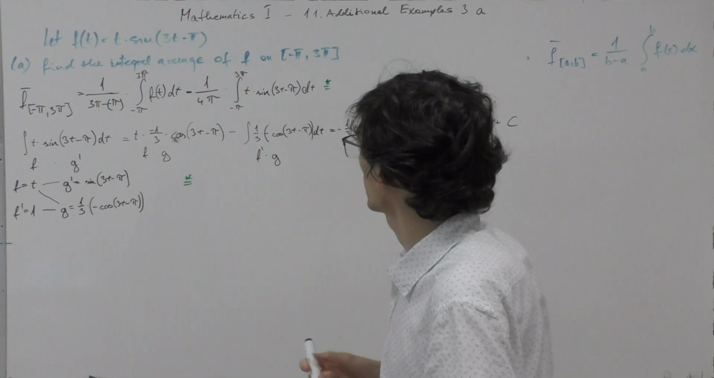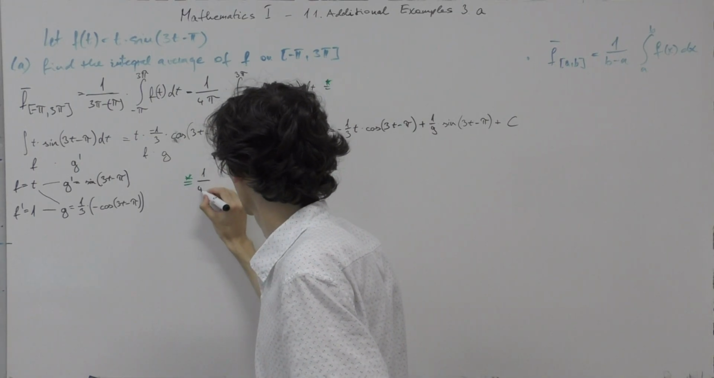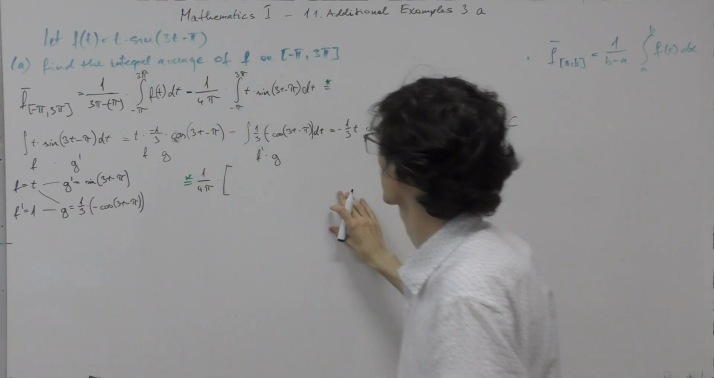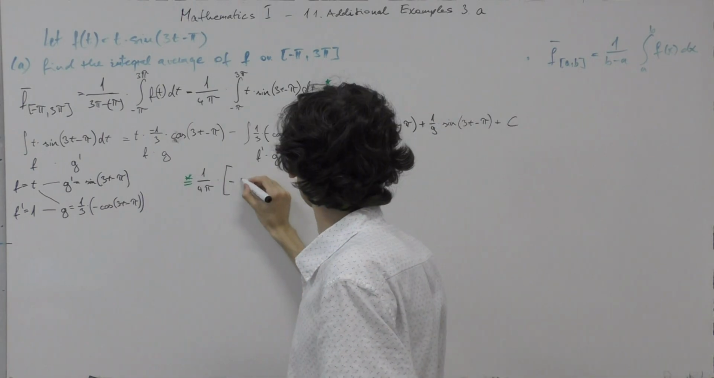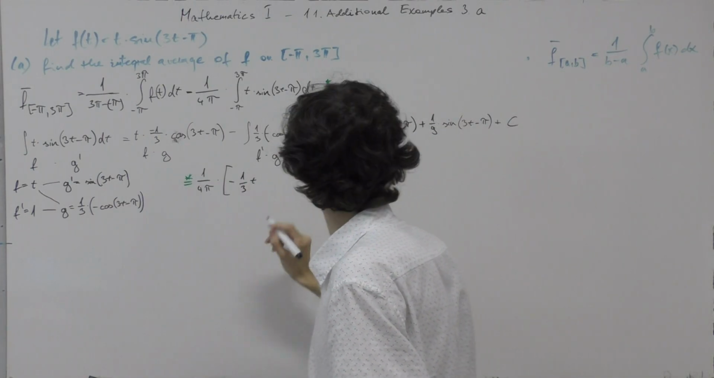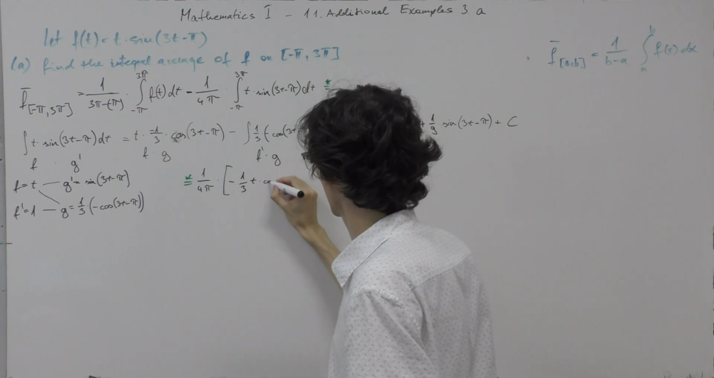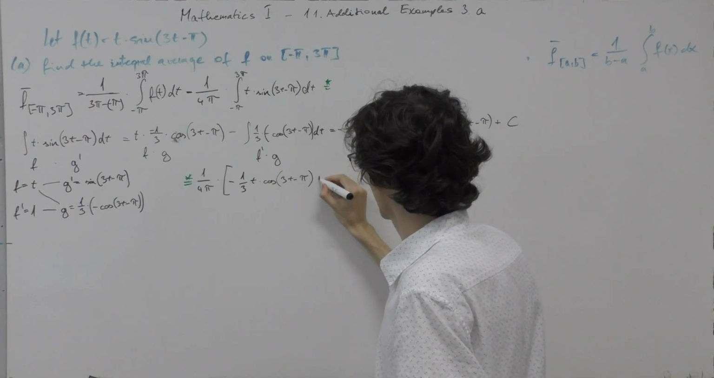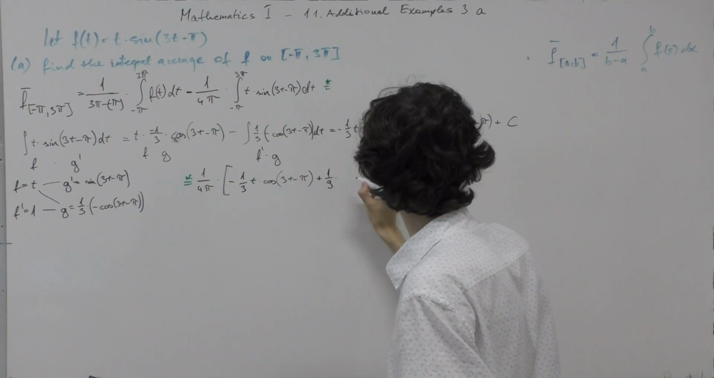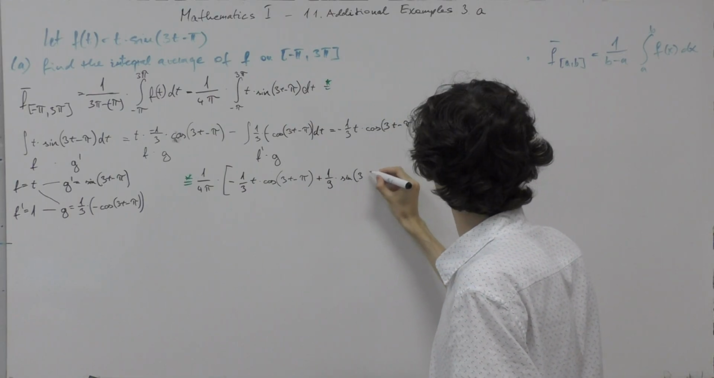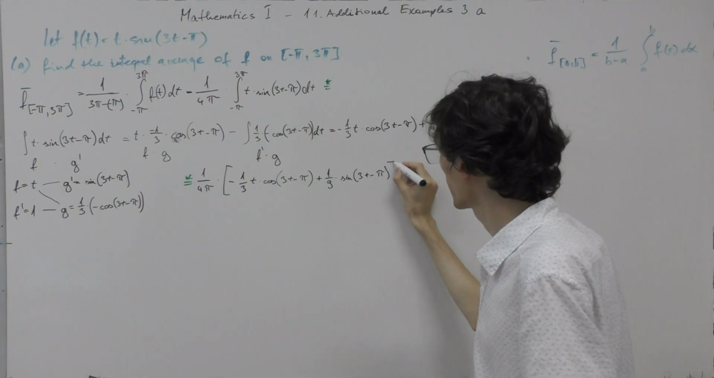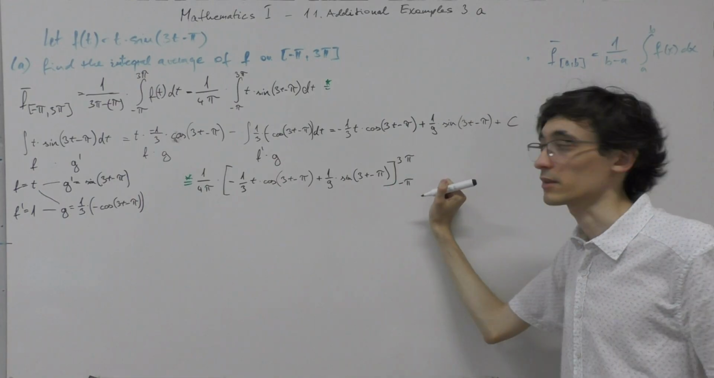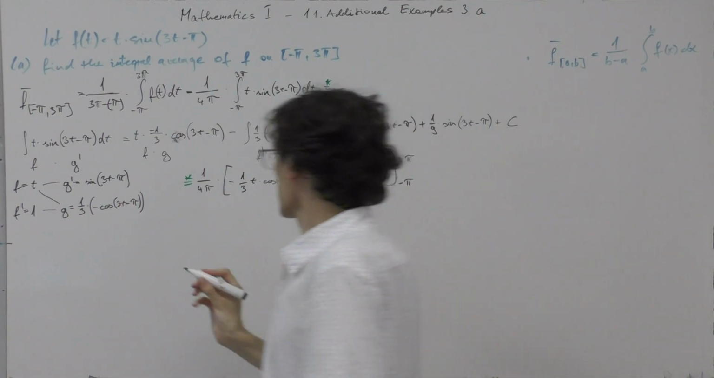And now we have 1 over 4 pi times, and of course let's take the primitive function, negative 1 over 3 times t times the cosine of 3t minus pi plus 1 over 9 times the sine of 3t minus pi. Evaluate this function at 3 pi and negative pi, let's take their difference. And this will be, of course,